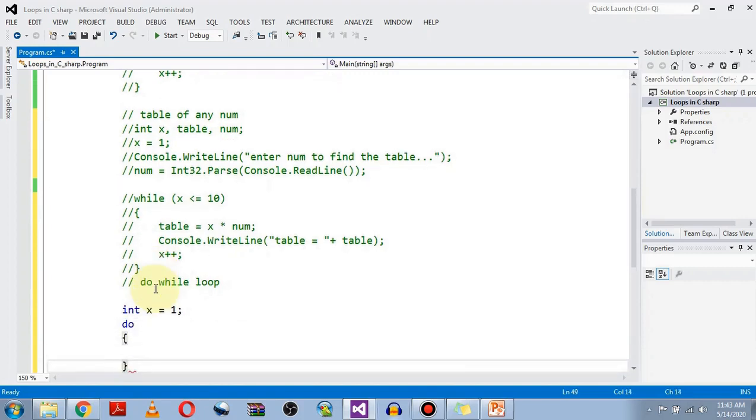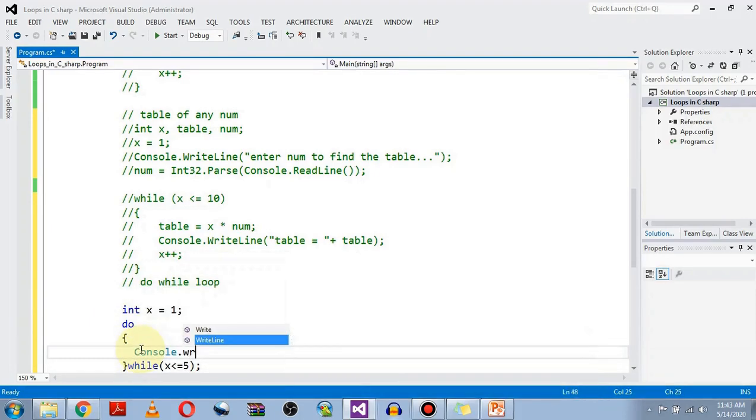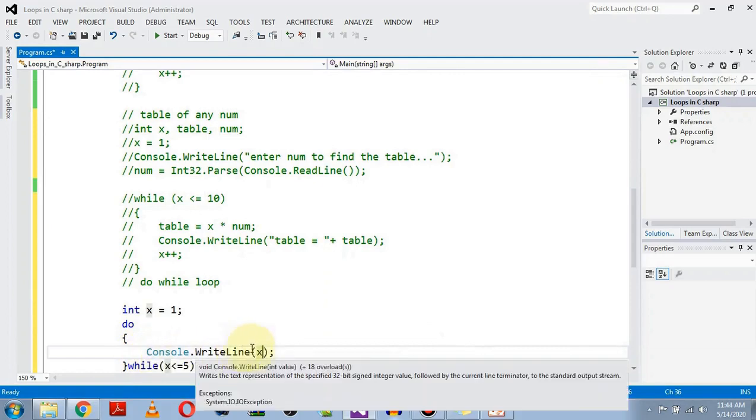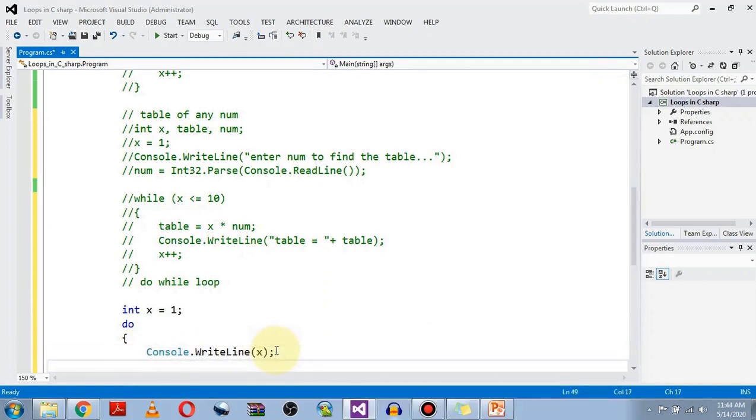At the end of the body we will be using the while keyword and the semicolon. So let's say we want to print integer numbers from 1 to 5. Within the body we will be printing the variable x, and also incrementing x.